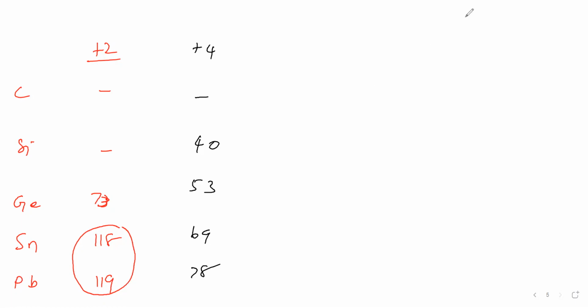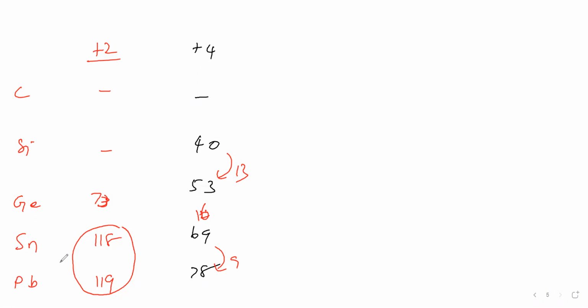Now we will see the difference in each case. Here the difference is 13, then 9, then 17, 16. Here we will see how much difference is there. So here the difference is less because of 3d10 in germanium. Here the difference is less because of lead 4f14. Like that we can see. So we have talked about ionic radius.